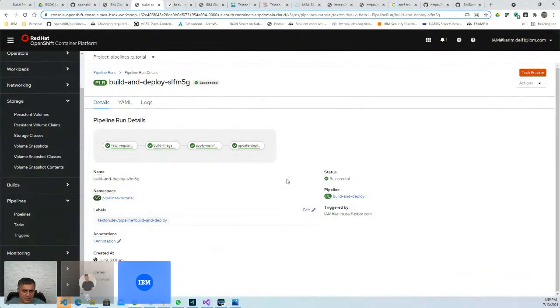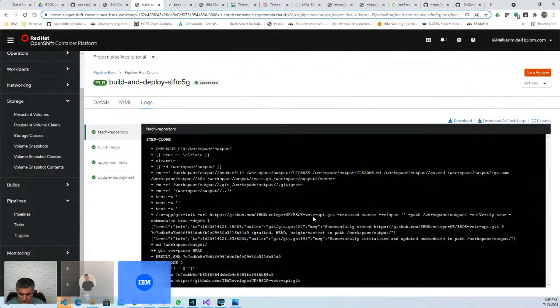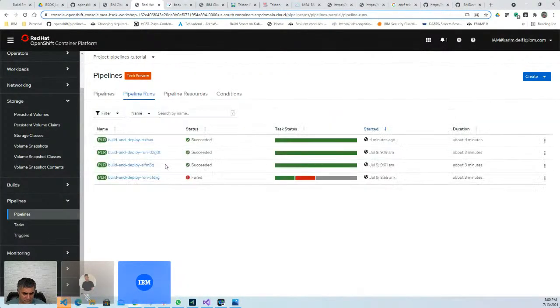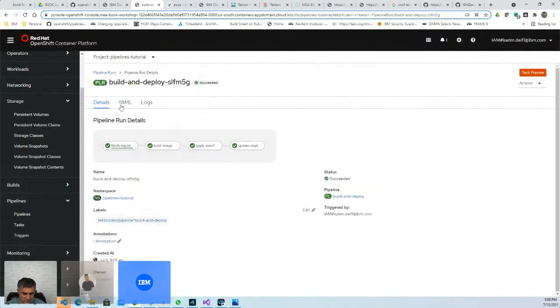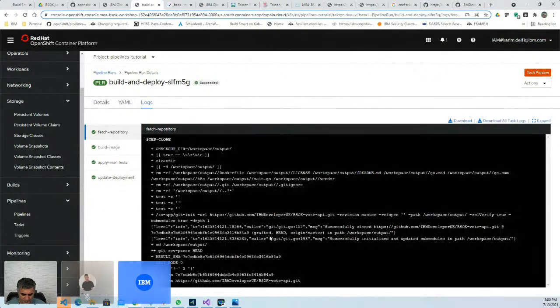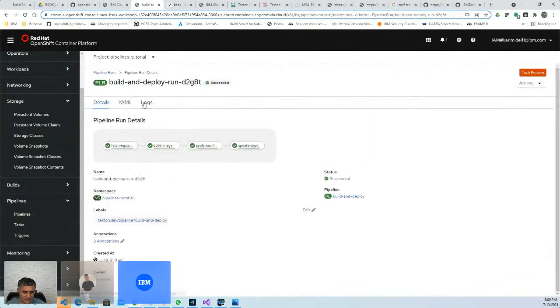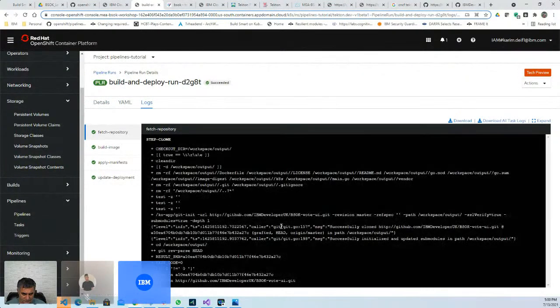So the vote UI here, I think there's no way to really know except from the logs here. But this is the vote API. I think this one is logs. That's the vote API. That's the first one. Second one. And that's the vote UI,